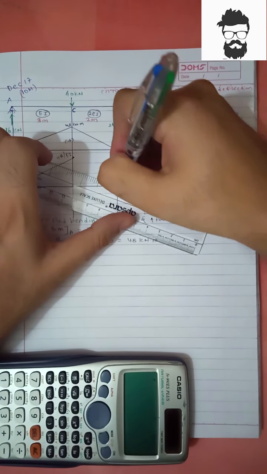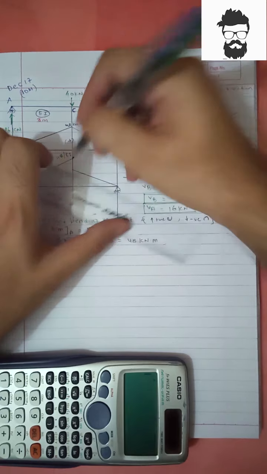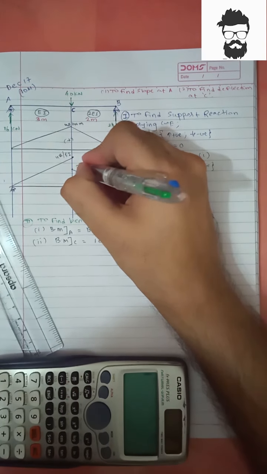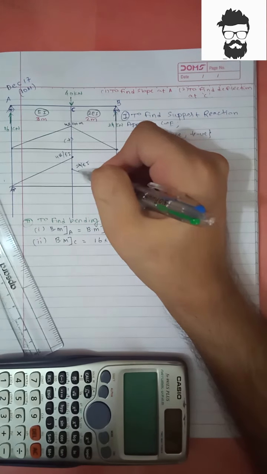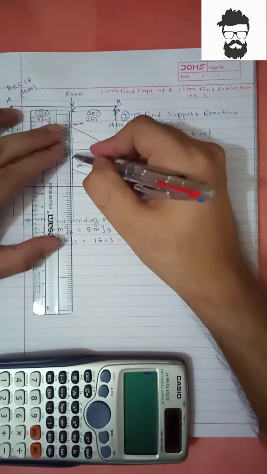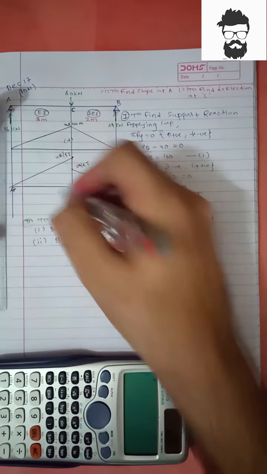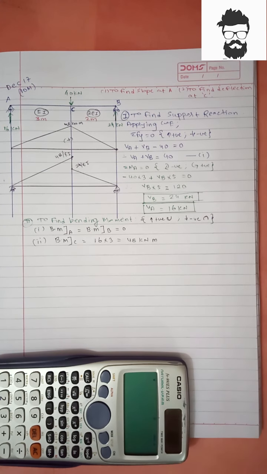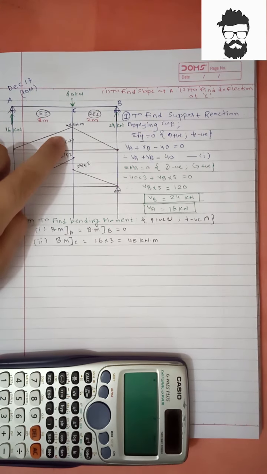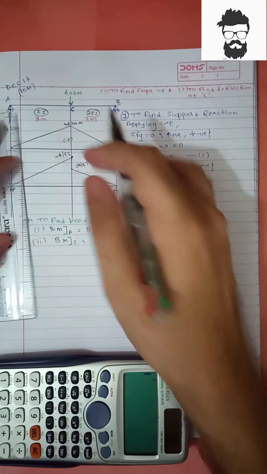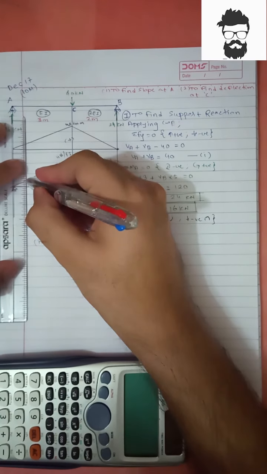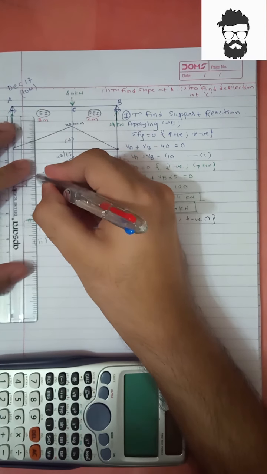So this point will become 24 upon EI. 48 divided by 2 is 24 and EI in the denominator. Now this diagram is called the M by EI diagram, but there was a sign convention for the M by EI diagram. The sign convention was something like this. When the bending moment diagram is sagging, the sign convention for M by EI will be downward. So whenever it is plus, this will go downwards.